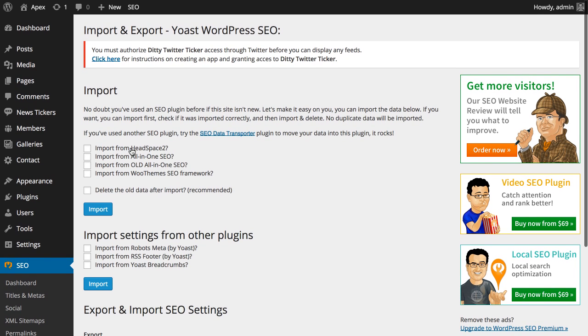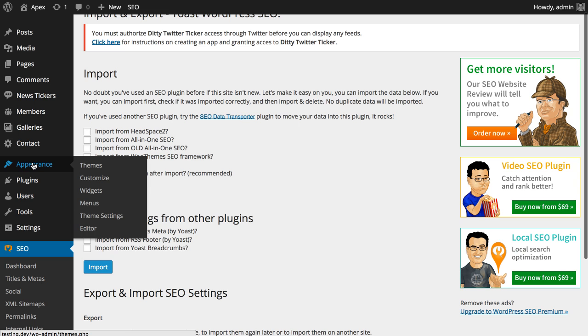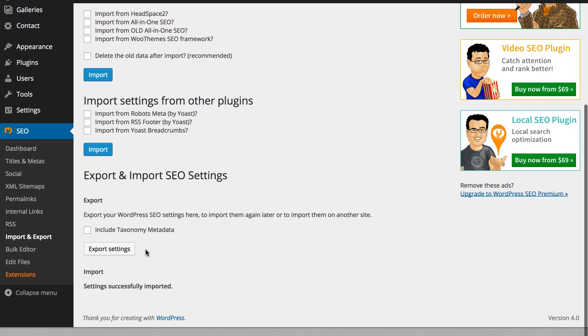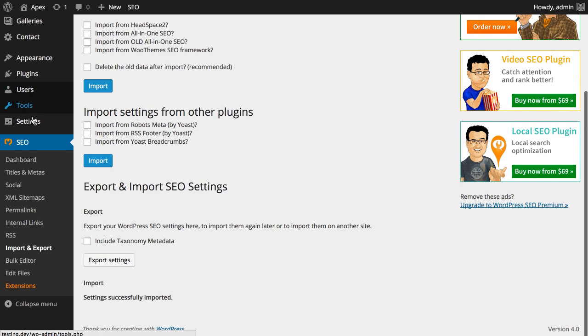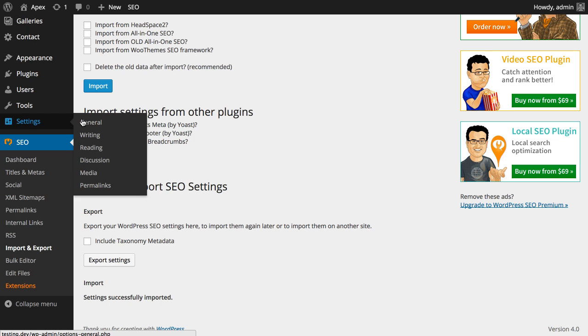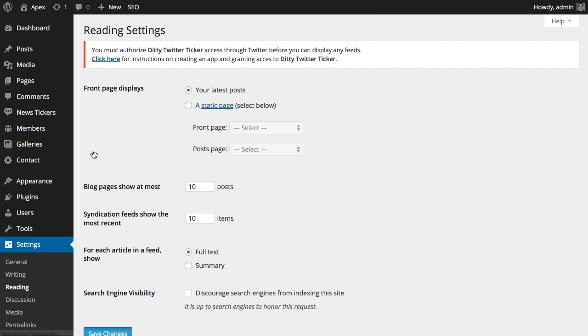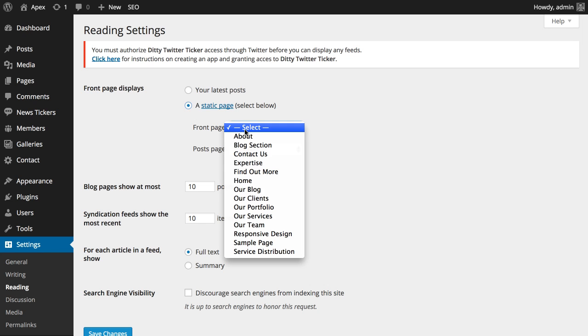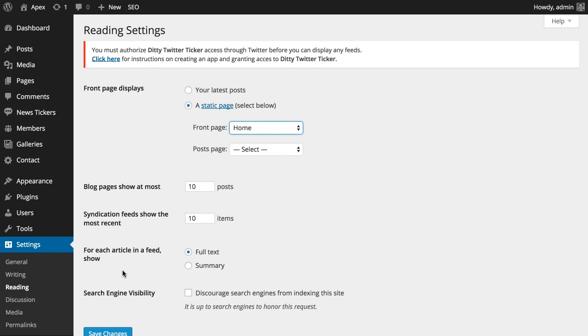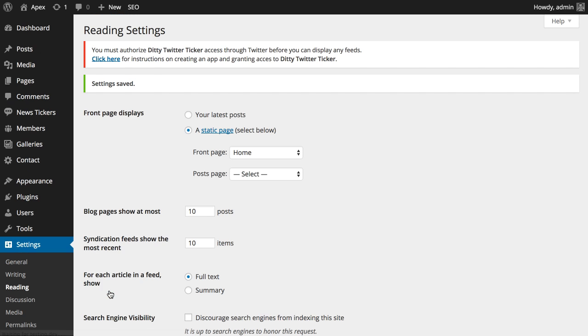Any actual SEO you want to include in your site is up to you. The next step, which is a big one, is we want to set the home page to be the front page. Go to Settings and Reading. By default, WordPress shows your blog posts on the home page, but we want to show our actual page, which is the home page. So go to front page displays and select Home as the front page and save changes. Now we can go view our site,